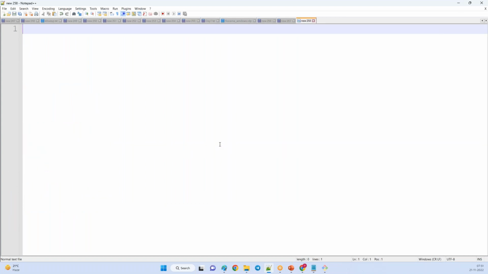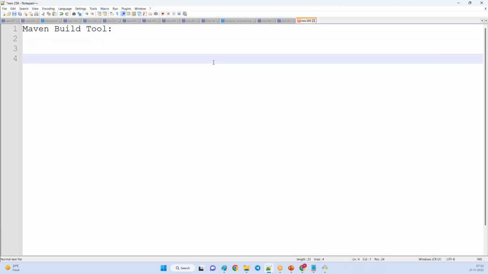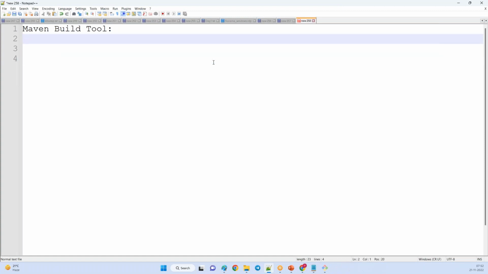So what I told you, Maven is a build tool, and Maven has different advantages. Right now in the market, not only Maven is there.